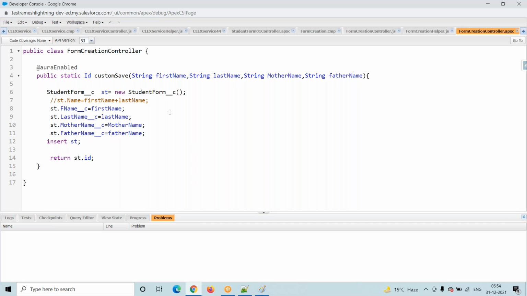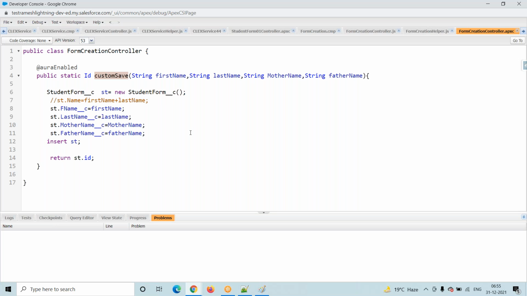No problem, no issue. Suppose any method that is available in the helper class, in the helper controller or helper, because say this is one function. Say for example, if you have some other function which I wanted to use from the controller, I wanted to call that method or class.